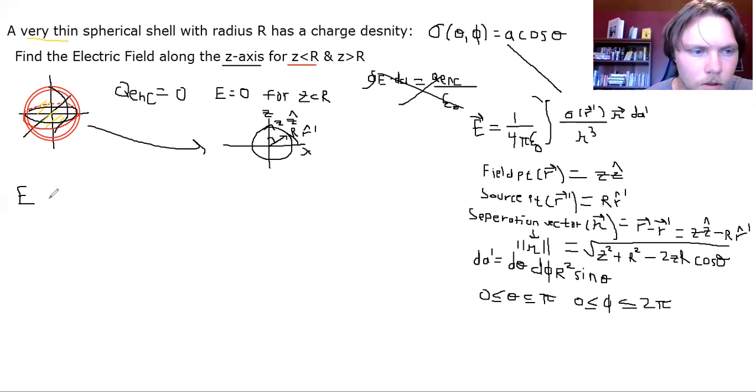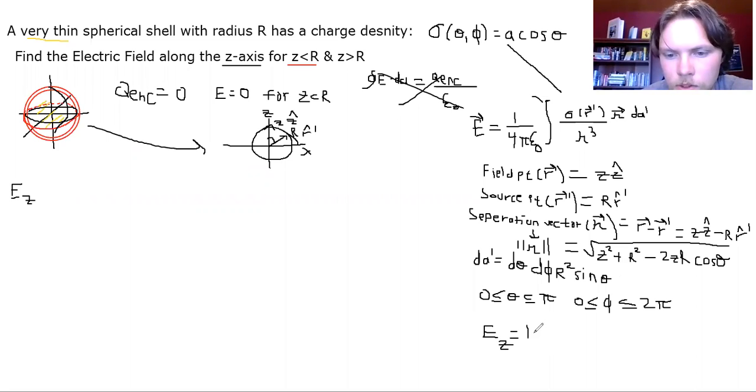I should also mention, this is going to be in the Ez direction, or E subscript z, meaning that E subscript z is going to help because we wanted to have no vectors. We want to find the electric field in the z direction, so this is the electric field dotted with z hat,